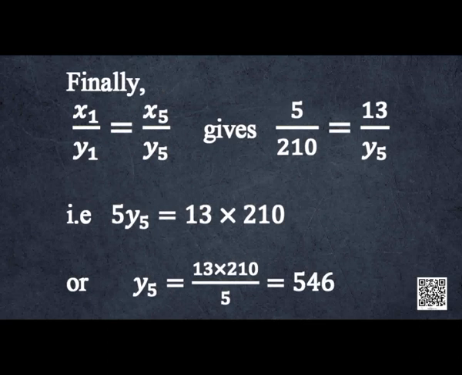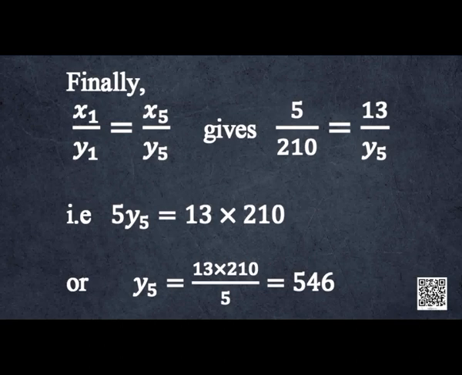Finally, x1 by y1 is equal to x5 by y5 gives 5 divided by 210 is equal to 13 divided by y5. That is, 5 y5 is equal to 13 into 210, or y5 is equal to 13 into 210 divided by 5, which is equal to